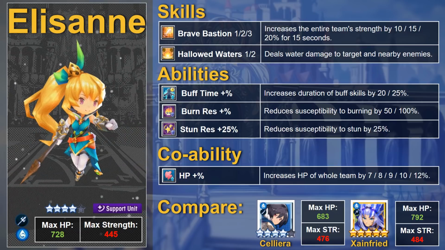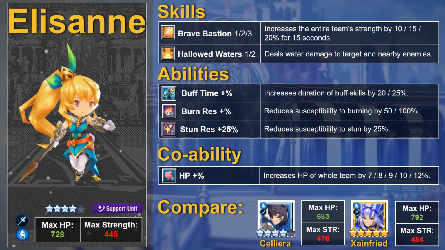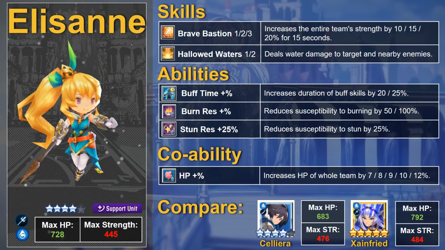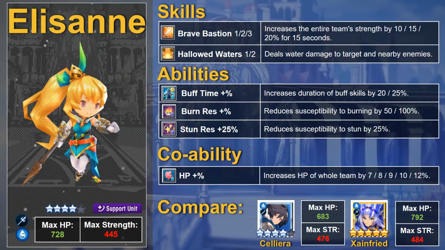She's slightly tankier than Prince Yuden with 728 max HP, but she also has lower strength at a max of 445. All 4-star water units summoned from the gacha pool, namely Karina, Thaniel, Luther, and Orsem, outclass her in both HP and in strength. The other free 4-star water option, Celliera, has more strength than Elisande, but at the cost